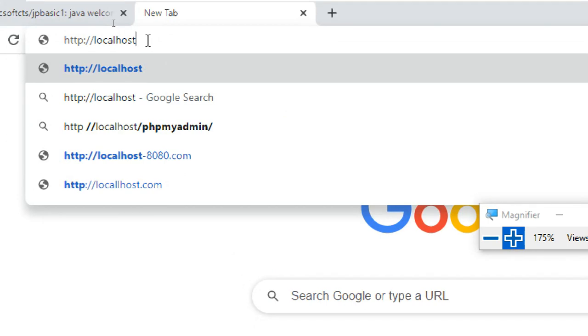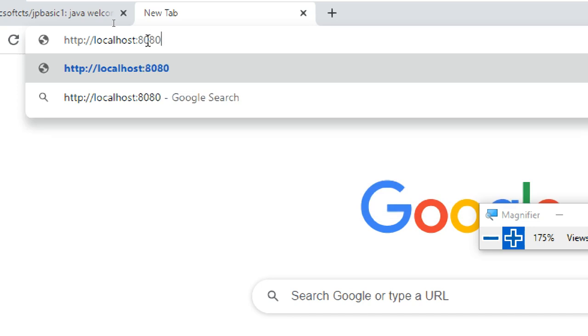What is the IP address for localhost, or the loopback address, guys? 127.0.0.1. Very good. You remember, guys? Good.